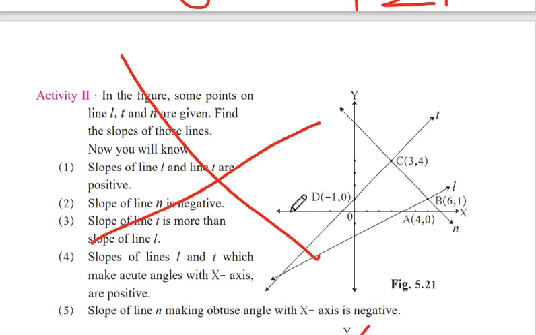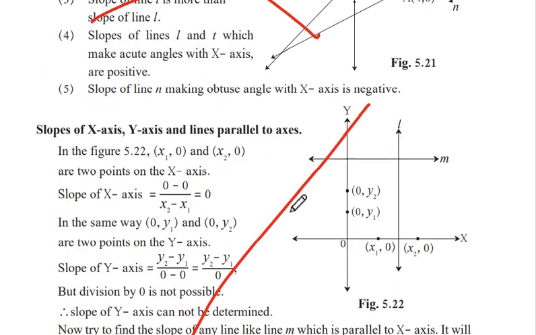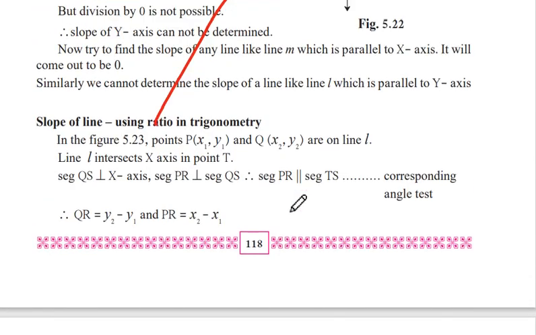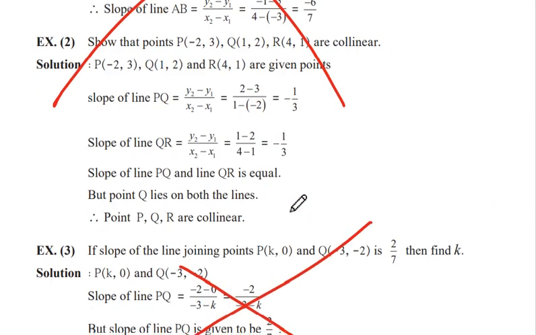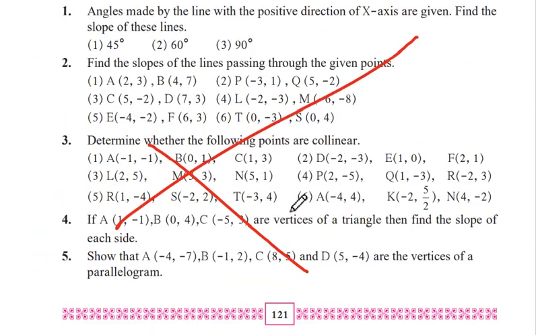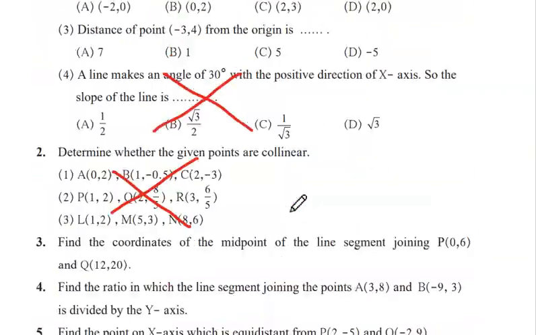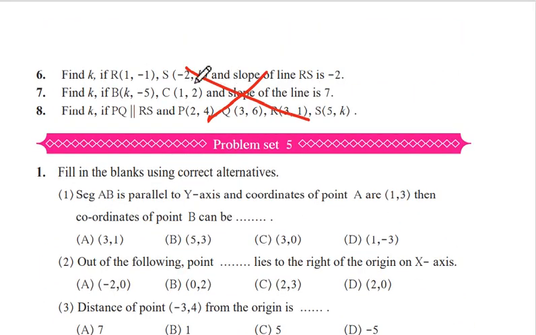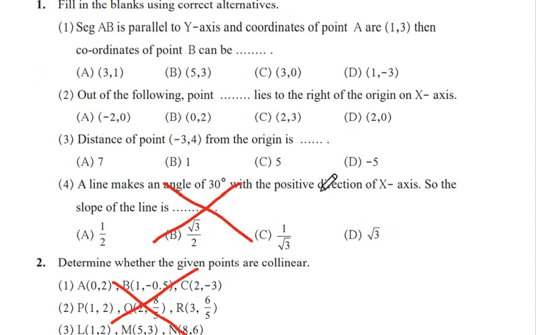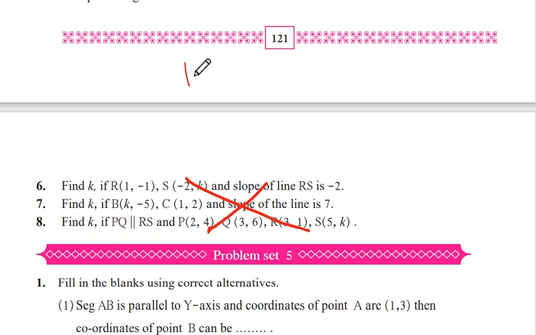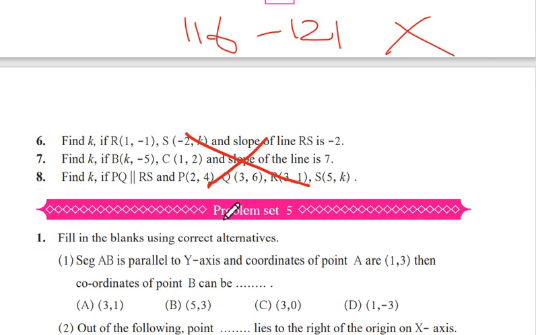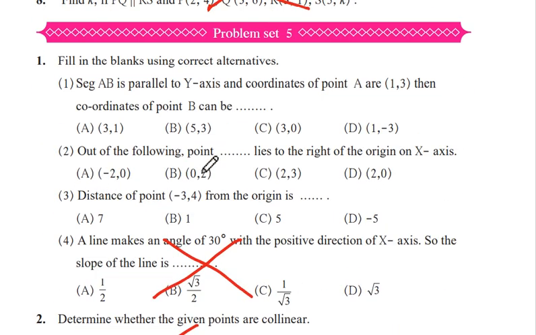See, on each and every page I have put the cross sign. So page number 116, this is page 117, this is 18, 19, 20, 21. On page 21 you have exercise 5.3, even that is not there. Then on page 22, your 5.3 exercise is continued here, 6, 7 and 8. Even that sum is not there, so you have to cross that on page number 122. So from 116 till 121, each and every page has been cancelled.